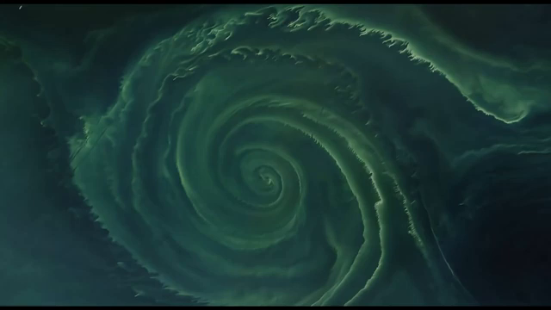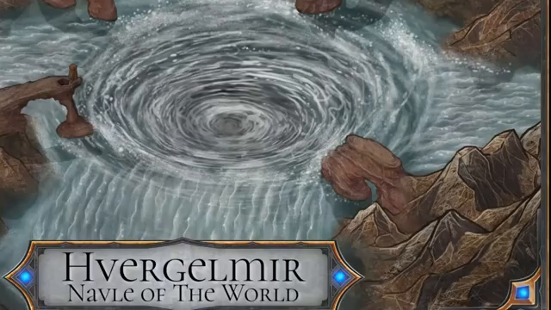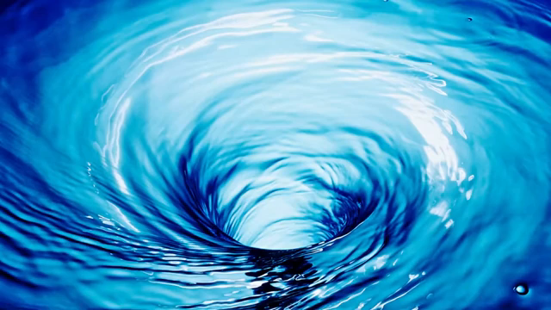Mercator described it as a filter funnel. Norse mythology labels it as Vergelmir, or the world's well. Could there really be a whirlpool opening in the center of Earth, caused by the magnetic tree of life, in which the oceans flow down into?